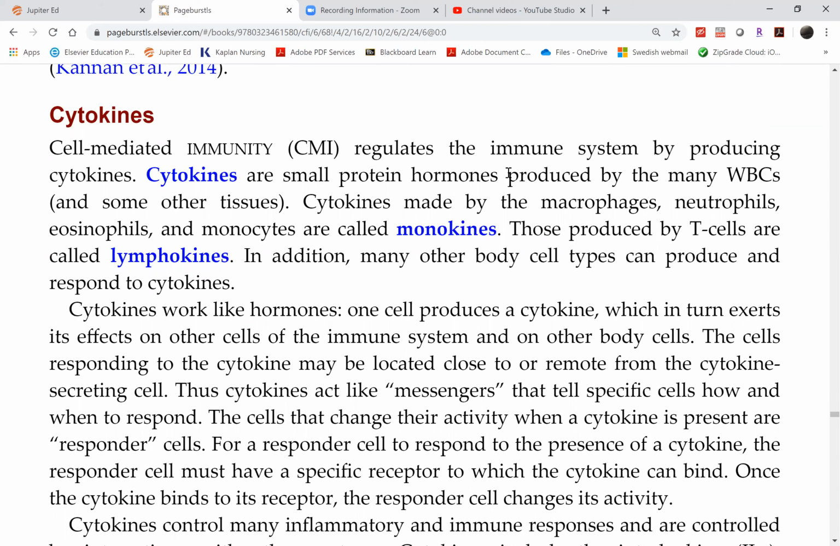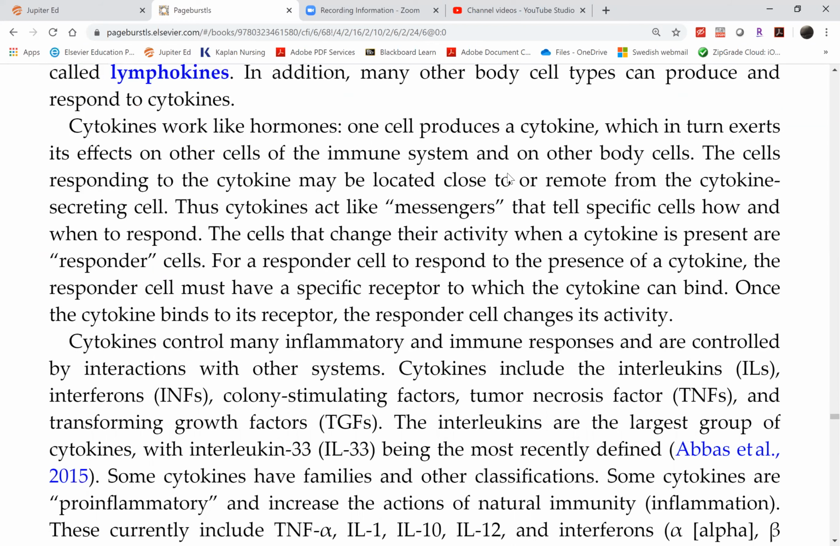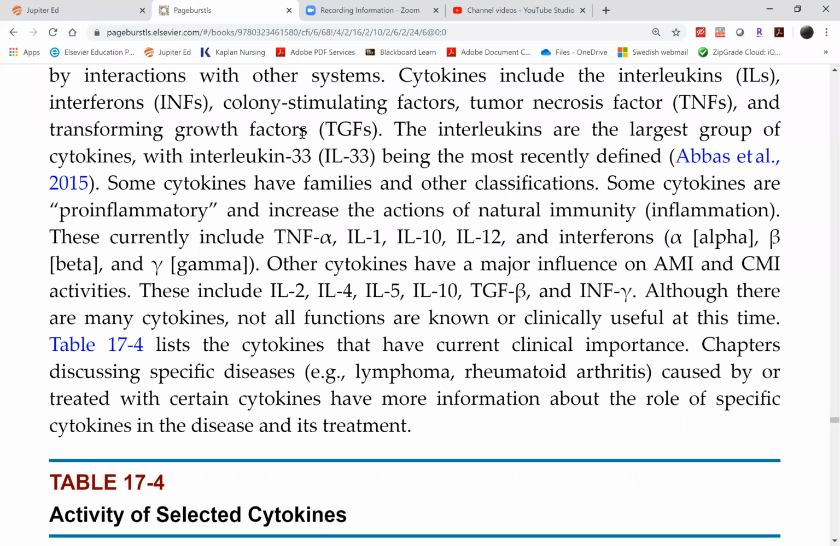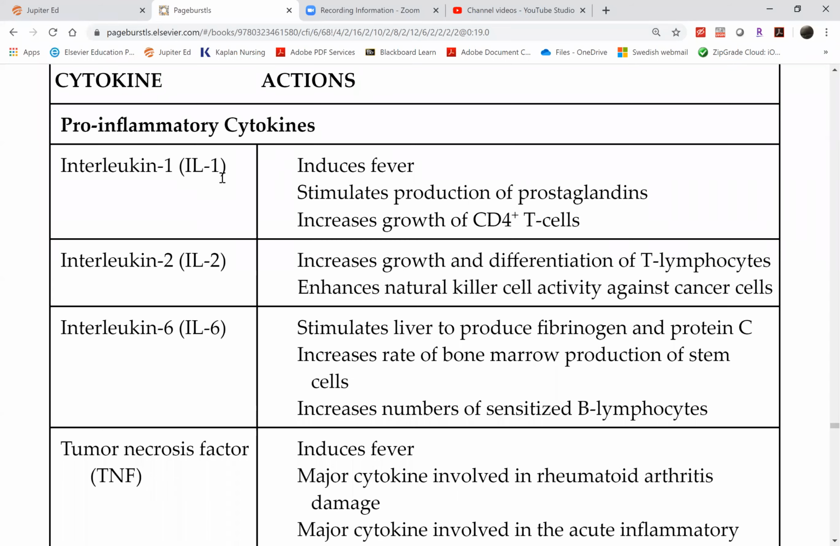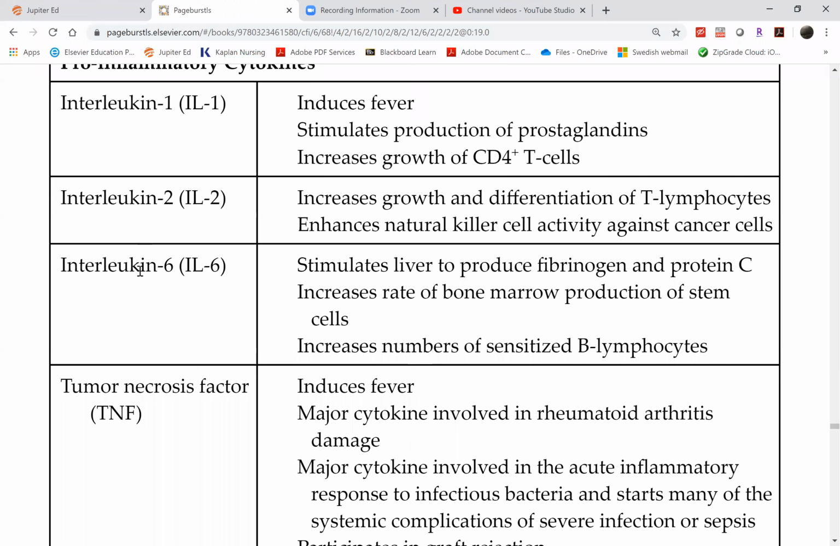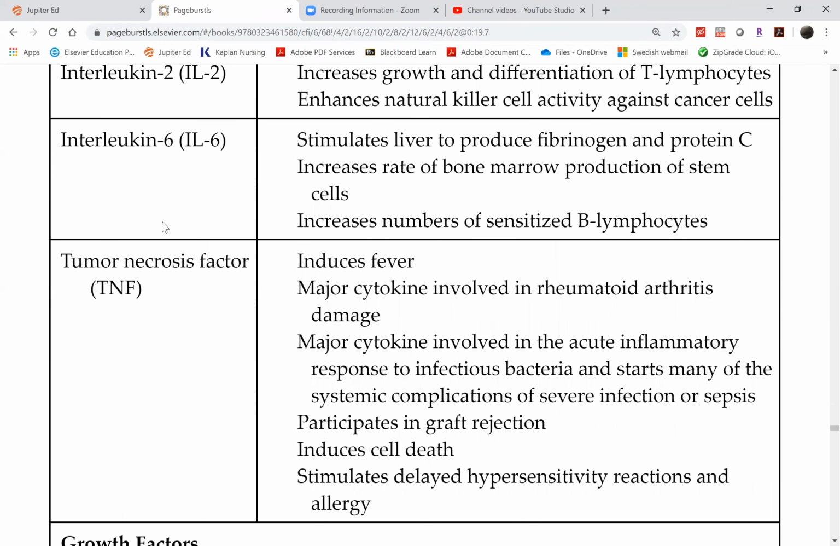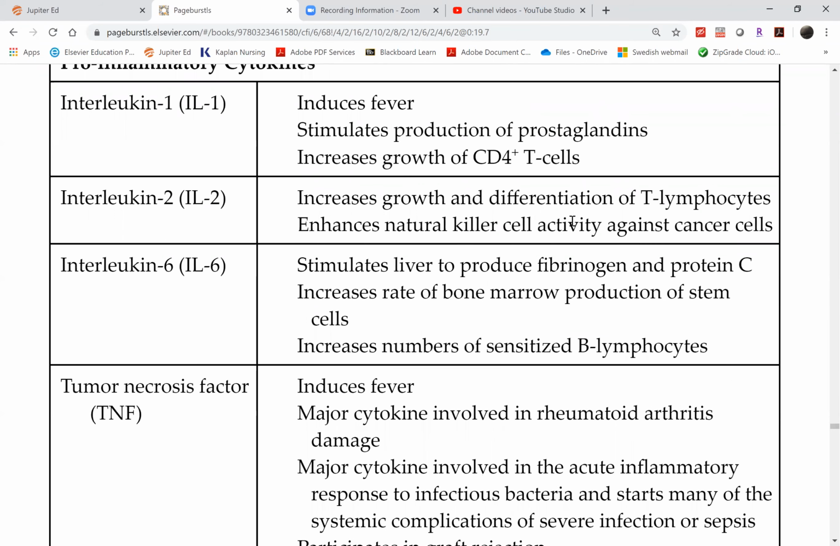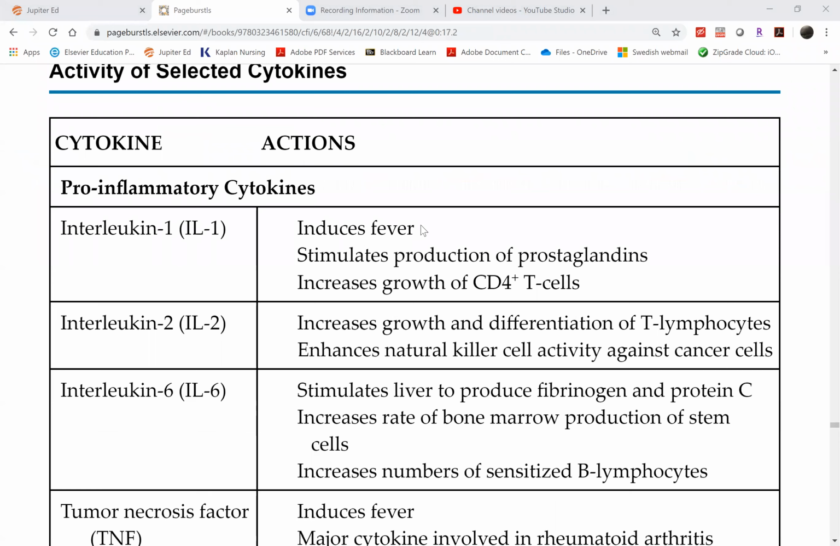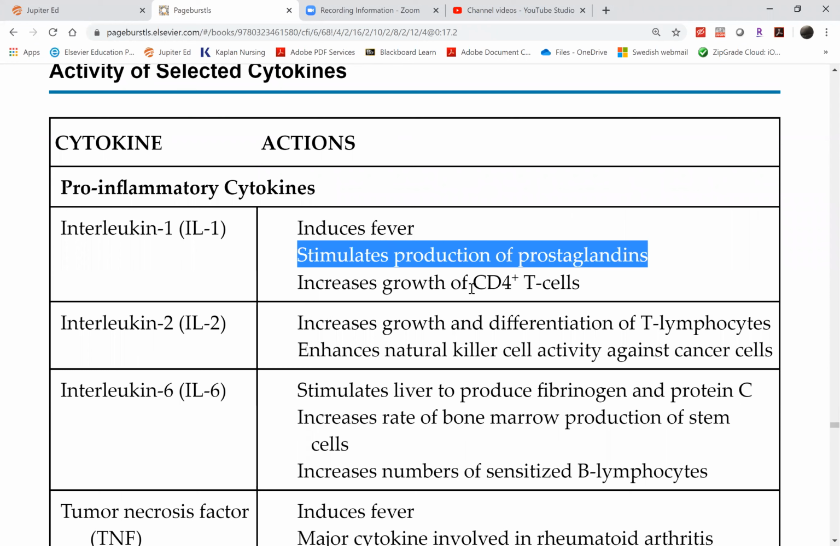There are a lot of them, table 17-4. So these pro-inflammatory cytokines, there are a lot. So these are just the pro-inflammatory ones. So we have interleukins 1, 2, 6, and tumor necrosis factor. So these four guys here are responsible for stimulating your immune system. Look at the function of interleukin 1. Induces fever, stimulates prostaglandins. Prostaglandins are vasodilators, so they help increase blood flow to the area where there is an invasion